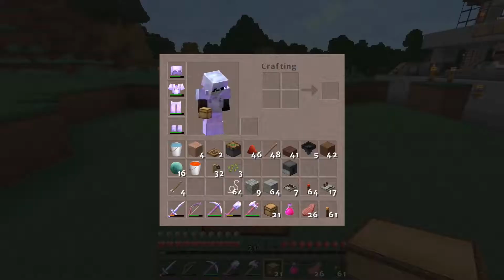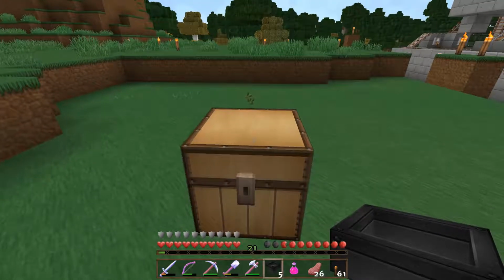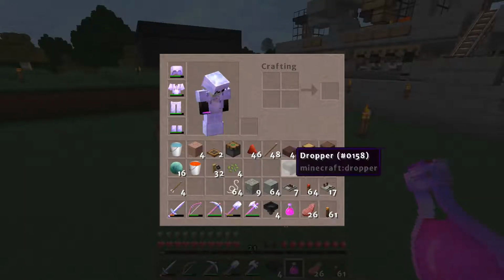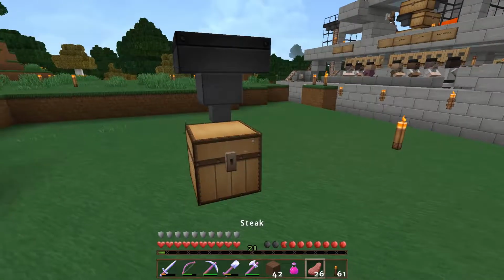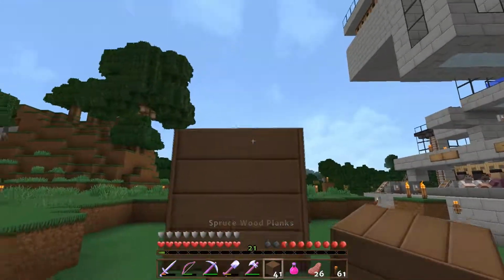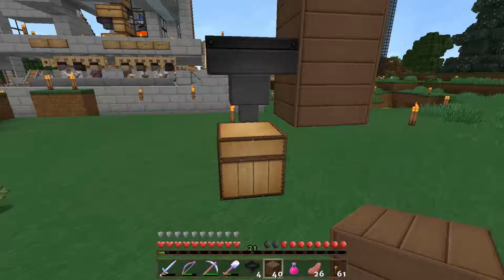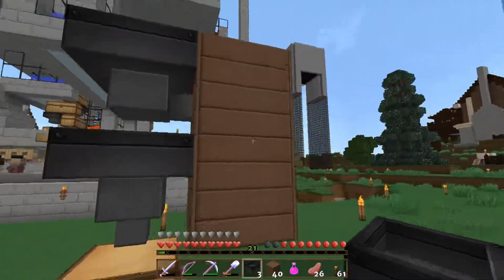We're just going to place down a chest. That's where we're going to collect our name tags. And we're going to start by putting a hopper into that chest. And we need some junk blocks. We'll just use the spruce wood planks. Throw one up there, and we need another hopper going that way. And we can...